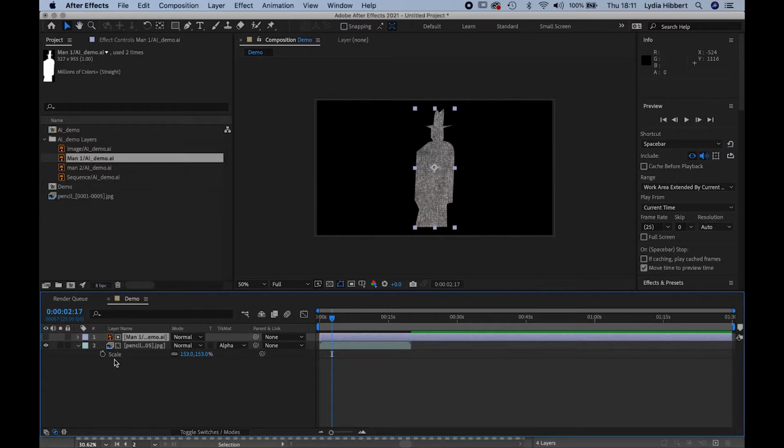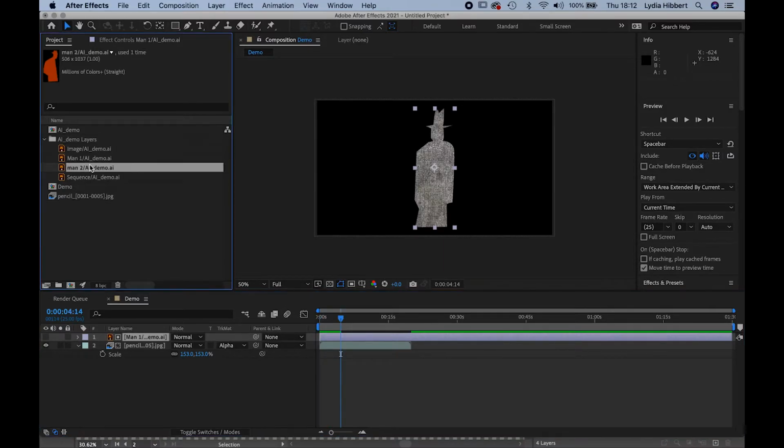So understanding it as basically it's all about transparency and the solid shape. So it's using the solid shape and understanding the transparency around it and applying that to that figure. So we've got that silhouette now, and inside that silhouette we've got that texture. Okay, so now I'm going to take down my second man,